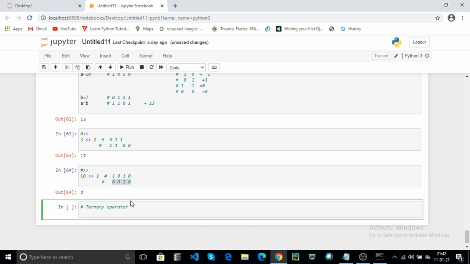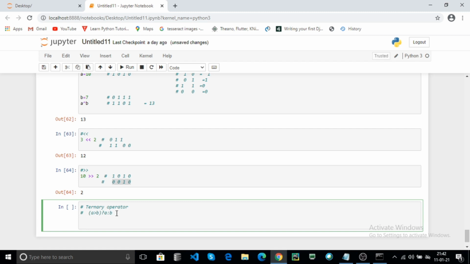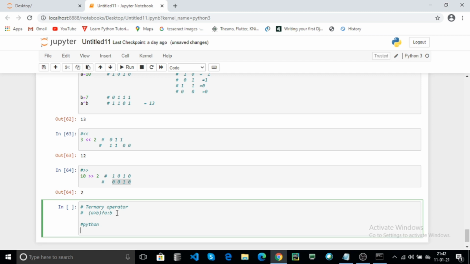Now the ternary operator. In another programming language, the ternary operator looks like this. If the condition is true, it prints the A data. If the condition is false, it prints the B data. For example, in Python, how the ternary operator works: A equal to 10.